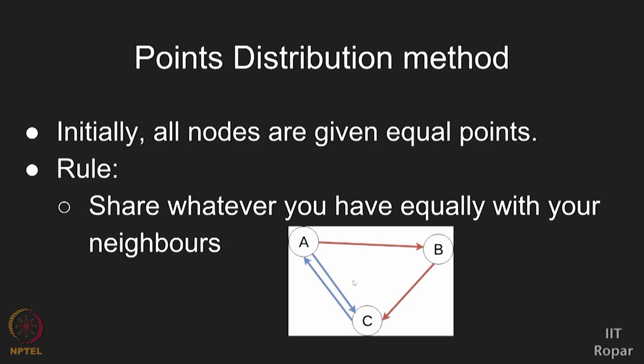Initially they have equal number of points, but due to this exchange of the points, in the next iteration the points may not be equal for all the 3. But one thing is guaranteed: the sum of points will be the same. Let us say we have given some x points to each person. So 3x is the sum, and the same 3x would be maintained throughout. But the individual values each person is having will differ.